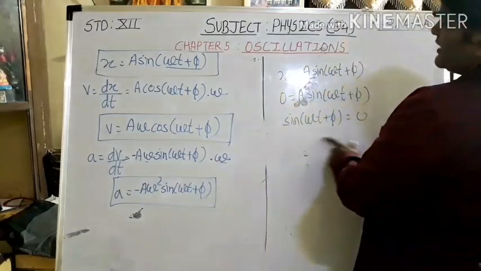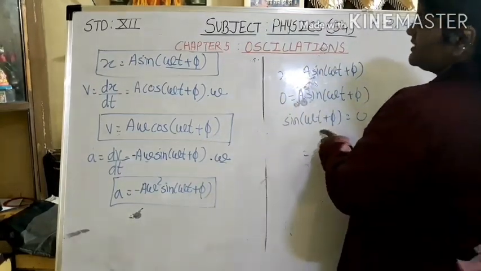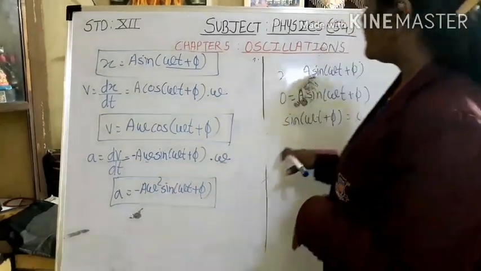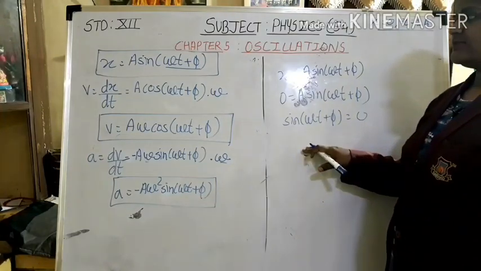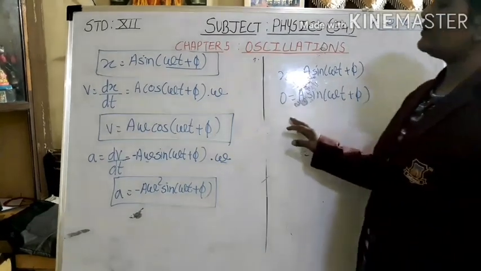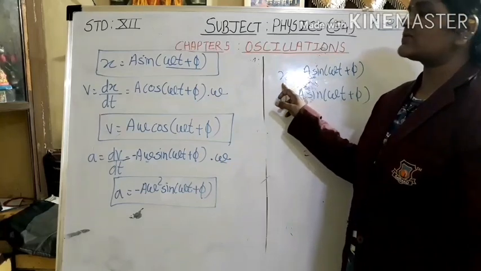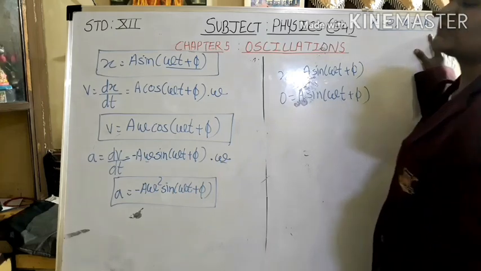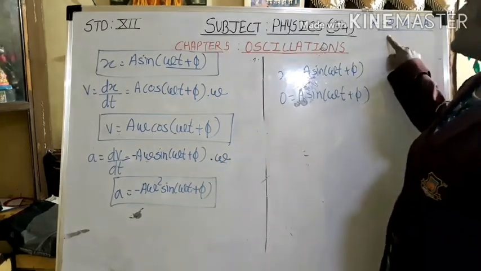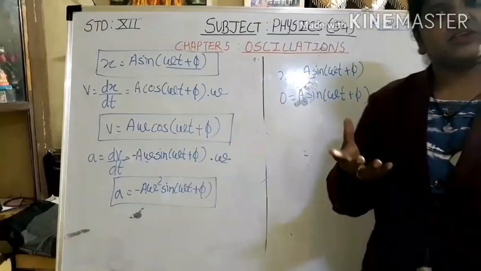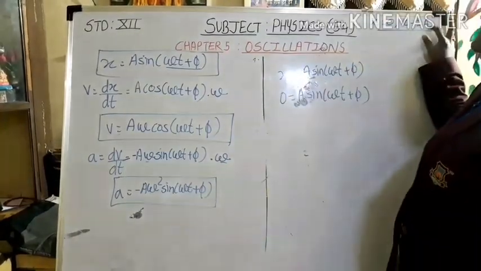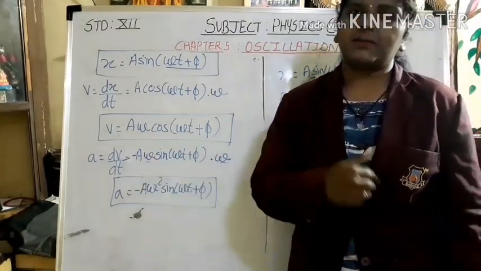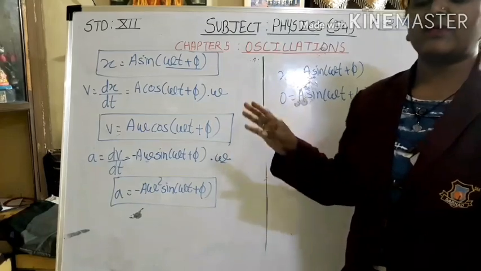Again, as we have put for the previous equation, we can put t as 0 and we are getting value for phi as 0. So in such a way you can find out. With this equation you can find out the minimum value. What will be the minimum value for x? It will be 0 obviously. And what is the maximum value of x? It will be plus minus a. You get 0 when this angle becomes either 0 or pi, and you get plus minus a when the angle becomes either pi by 2 or 3 pi by 2. So these are the minimum and maximum values for displacement.